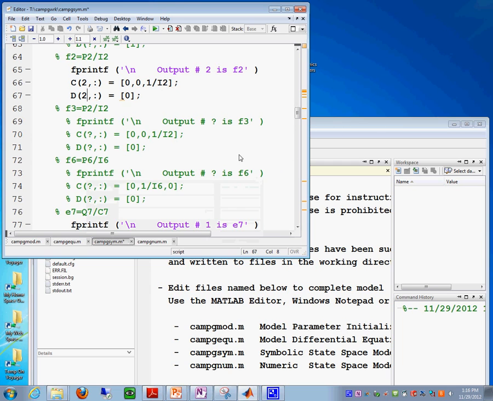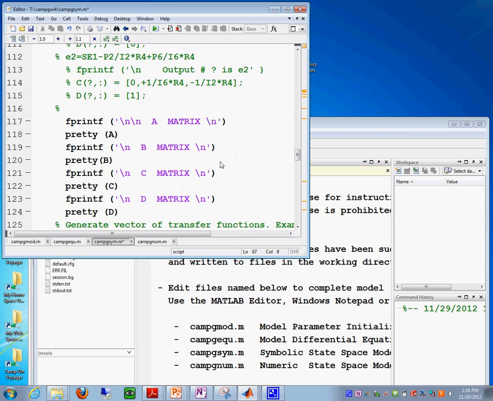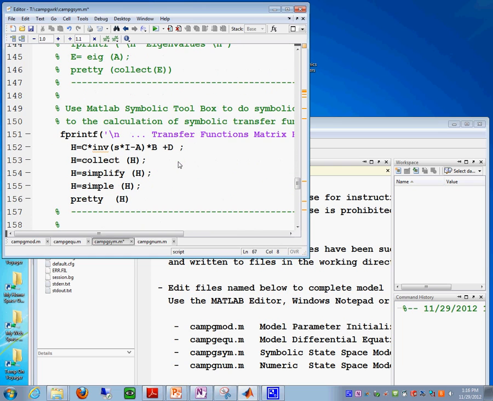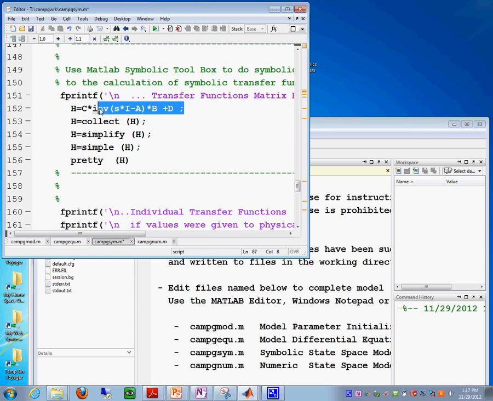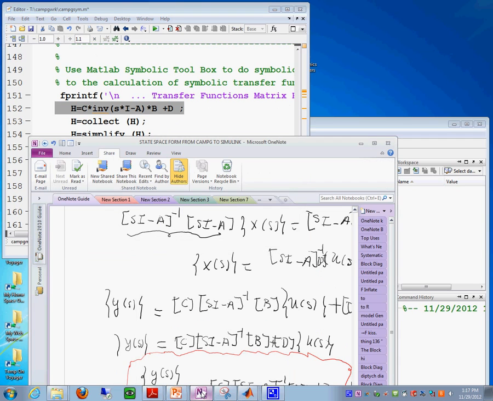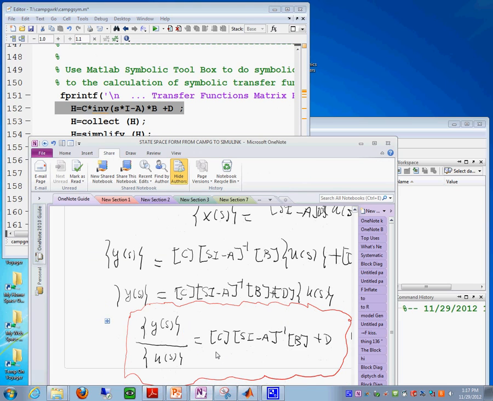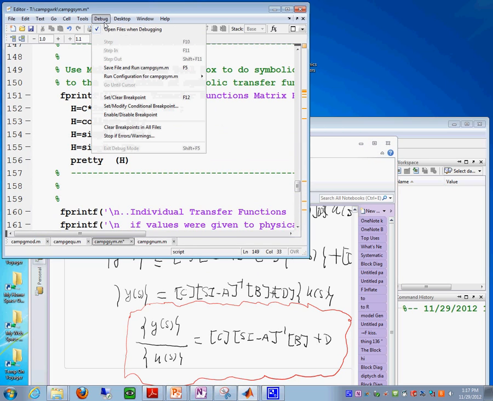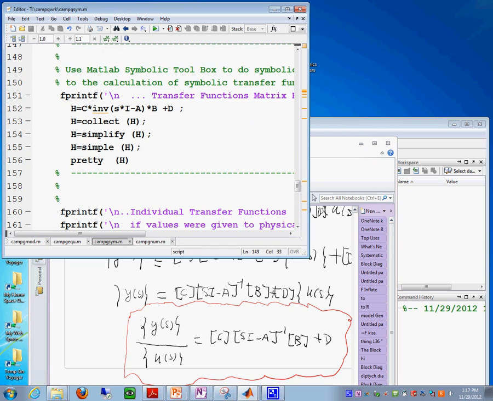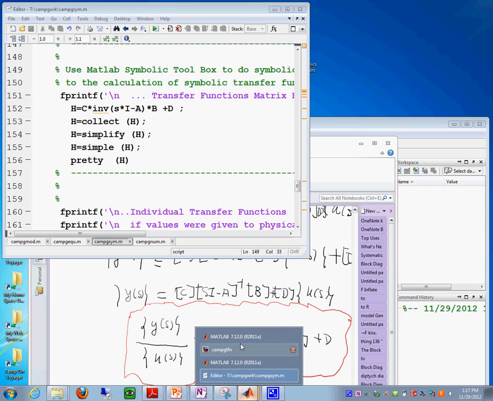If you look down here, right there, that statement that you see in there is exactly what's in this note. Do you see it in there? It says matrix C, the inverse of SI minus A times B plus D. And when you do that, watch this. Debug in here, you say the file and run. What happens is,